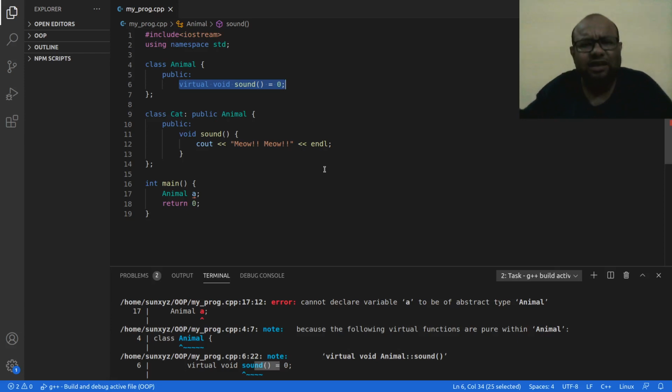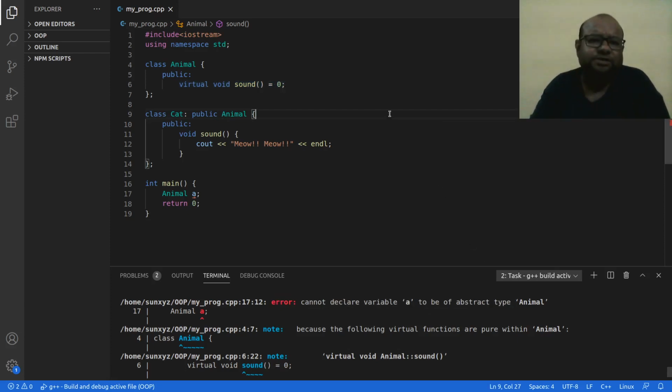Animal class has a pure virtual function, right? So any class that has at least one pure virtual function is called an abstract class. So animal is an abstract class, and that is what it says over here. Error, I cannot create variable a to be of abstract type animal.